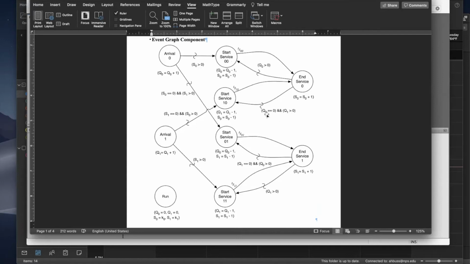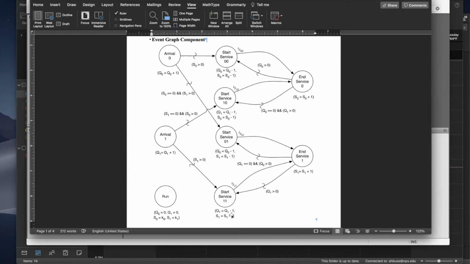But if there's no type 0 customer available and there's a type 1 customer available in the queue, then the type 0 server will schedule a start service, and it's of a customer of type 1, but a server of type 0. And these need to be pointing to the right events. In other words, when I free up a server of type 0, I can't schedule any of these other two events